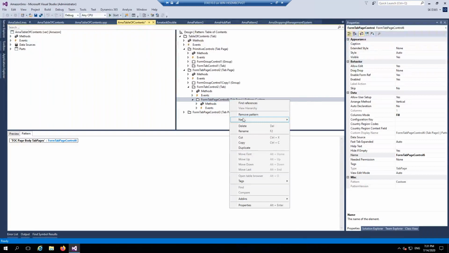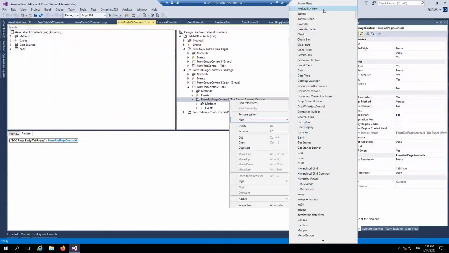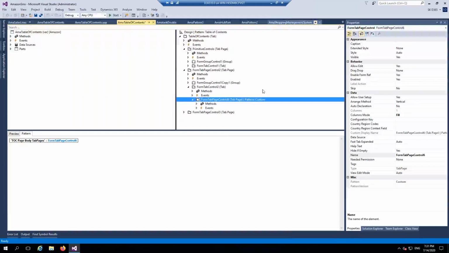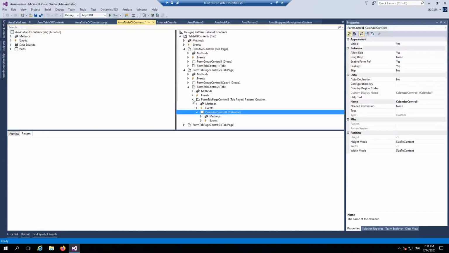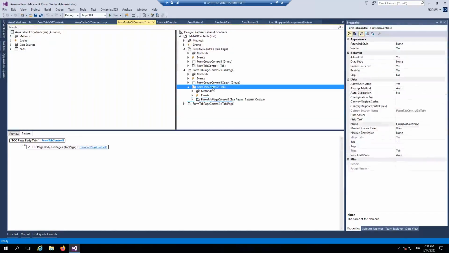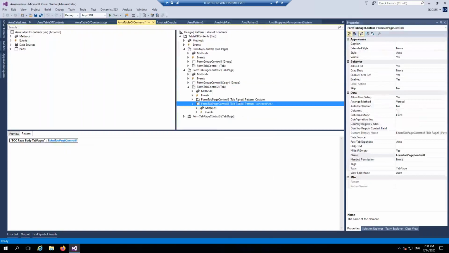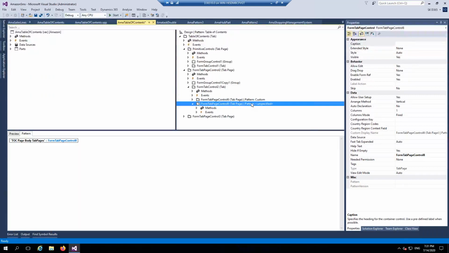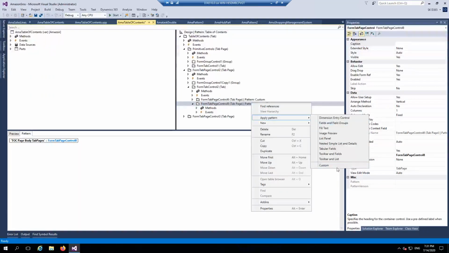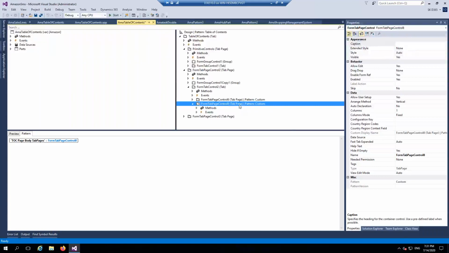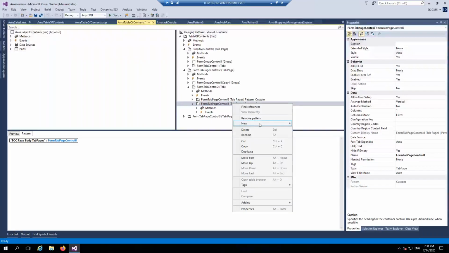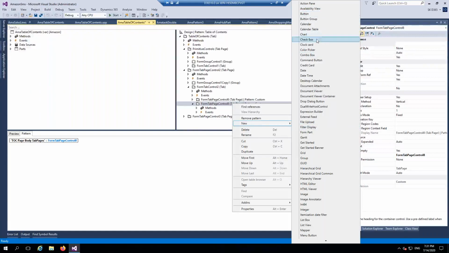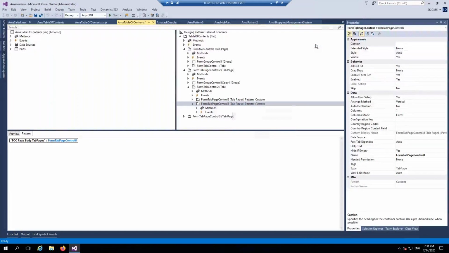Right click on the new, and you can see there is a control called calendar. I want to keep only calendar in this tab, and I want to add one more tab page, and for this tab page I have given no caption. Let me call it calendar, and this as well. Let me specify some custom pattern, apply pattern, take the custom, and let me add a few more controls here, new, and checkbox we will add later, clock card,